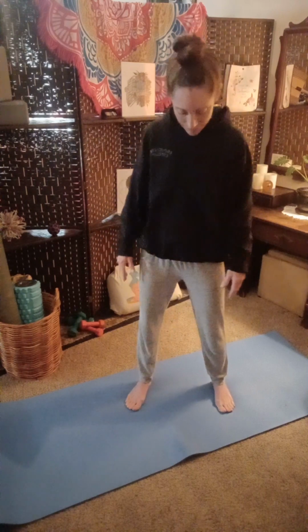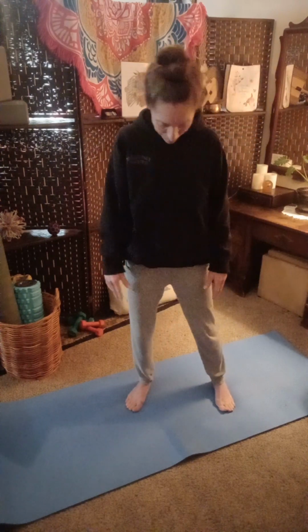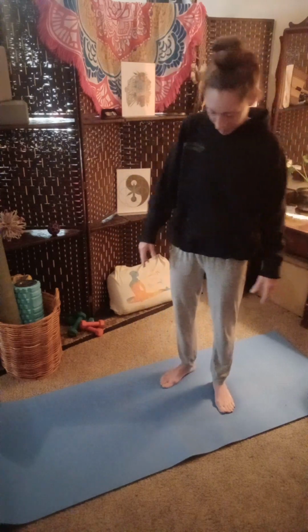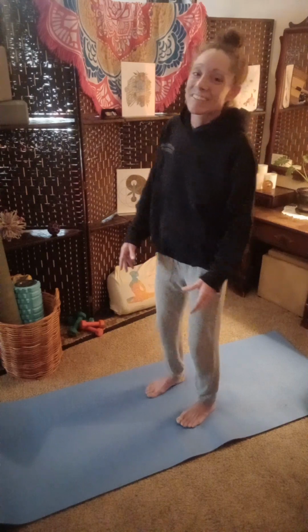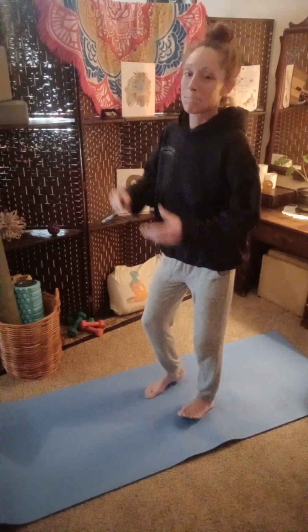Now we're going to move forward and backwards. So we've opened up side to side. Now we're going to go into sparrow shaking the earth. So bring legs a little bit closer together. We're going to